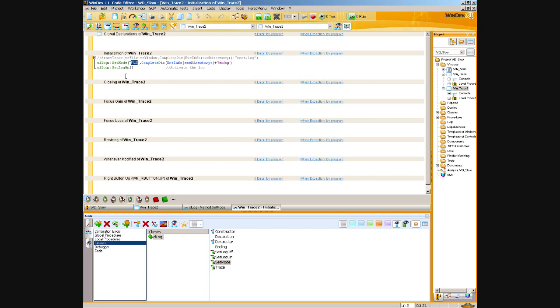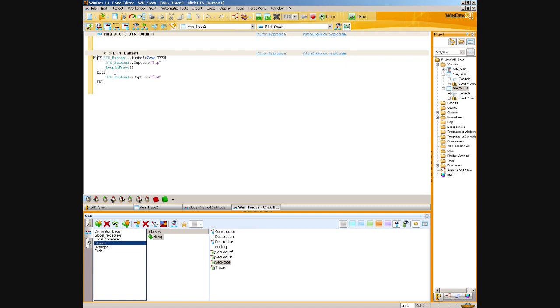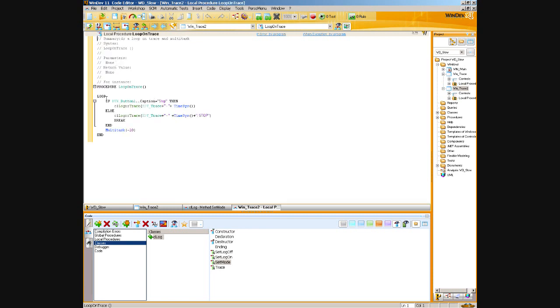Now let's have a look at the button start itself. This code is exactly the same as it was before. There's no change here. The only change is in the loop on trace. We are still doing a loop. We are still doing different things depending on whether we're in the start or stop mode for the button. And the only difference here is that instead of doing just trace edt trace plus timesys, we are doing cllog